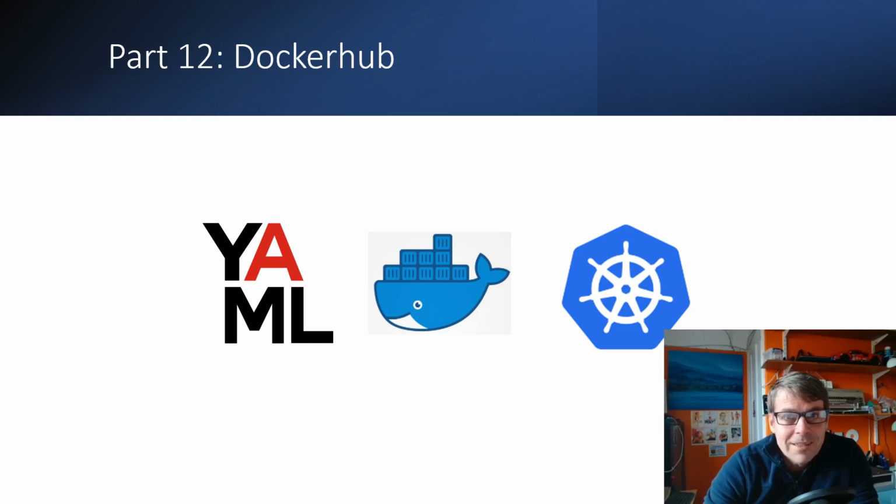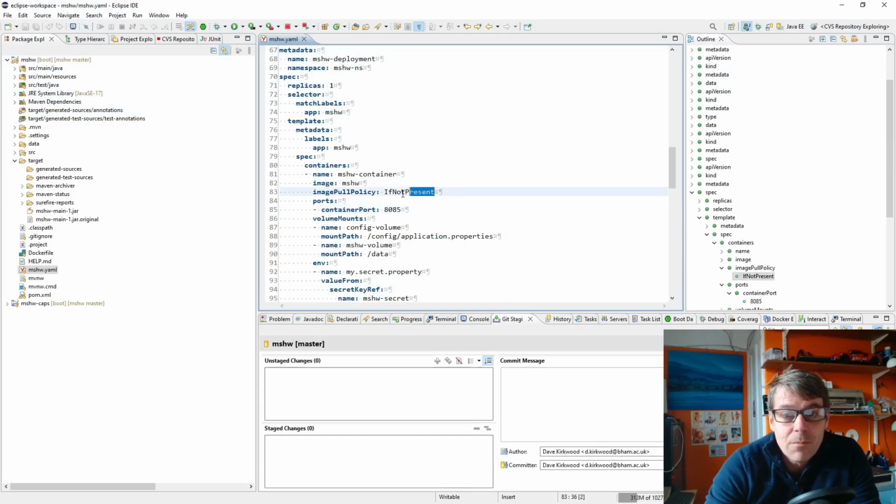Okay, so far in this series I've been building microservices in Spring Boot and installing them into Kubernetes with YAML. So I've been using this if not present image pull policy, but because I've been installing my Docker images locally, there's been nothing to pull because the images have locally existed for me. And if I wanted to share my YAML with you, for example, if I sent you the YAML, you wouldn't have the images. So this if not present would say that because you don't have the images, attempt to pull